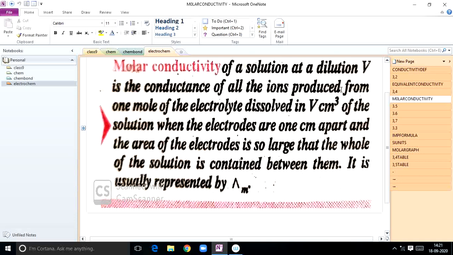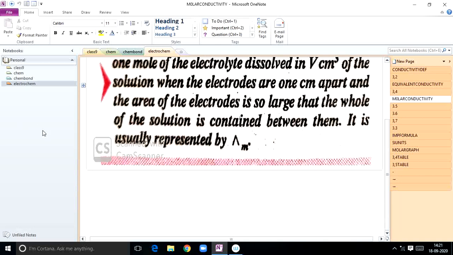So simply we can write the statement. It is the conductance of all the ions produced from 1 mole of the electrolyte dissolved in V ml of solution. Here the electrodes are placed 1 centimeter apart and the area of electrodes is so large that the whole of the solution is contained between them. Simply we can define it in another way also: the conductance of a volume of the solution,